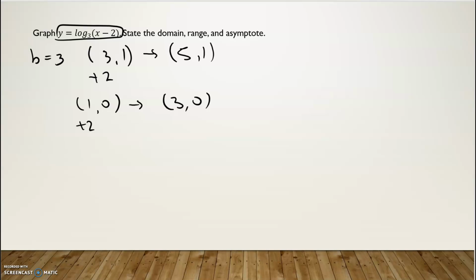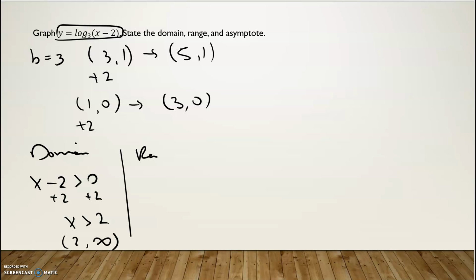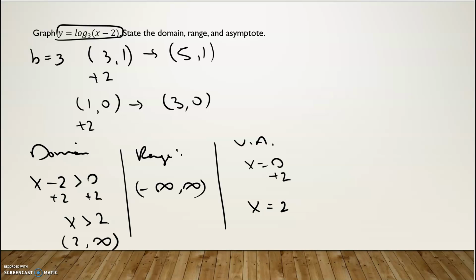And then we need the domain. So the domain will be x minus 2 greater than 0. Add the 2. So x is greater than 2. So it goes from 2 to infinity. The range will be all real numbers, so negative infinity to infinity. And then the vertical asymptote, before we shifted it, we know it was x is equal to 0, but we moved 2 units to the right, so I'm going to add 2 to that. So x is equal to 2. Okay, so our graph should look something like, and let me move this over just a bit. So we'll go out to